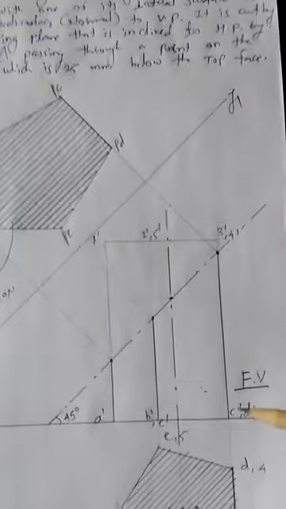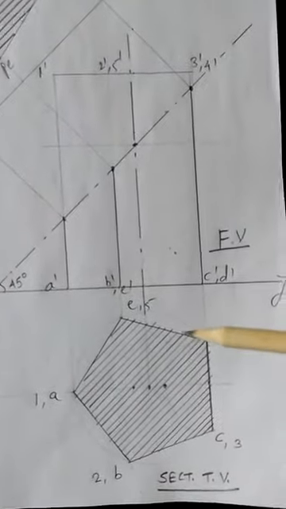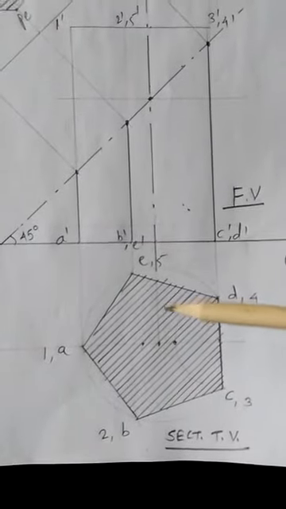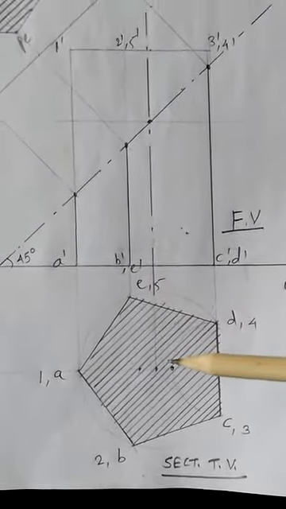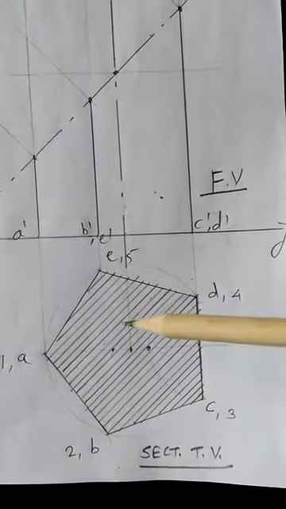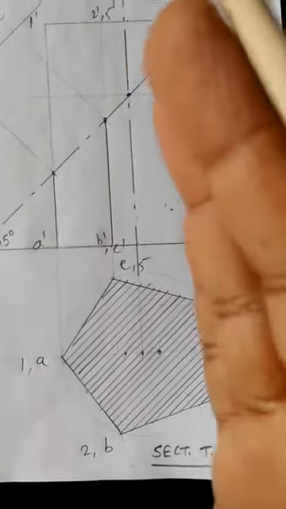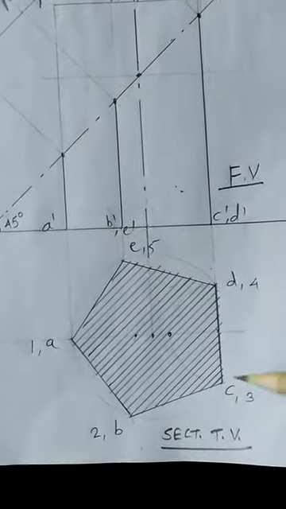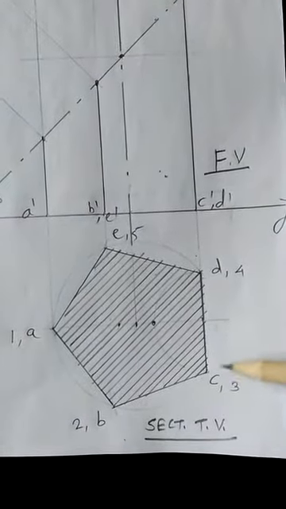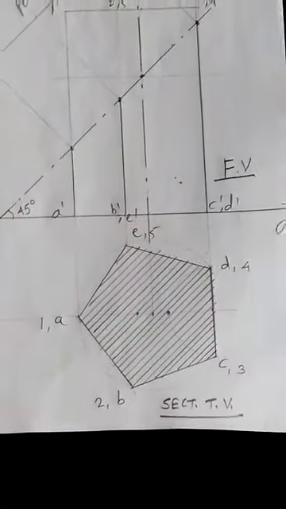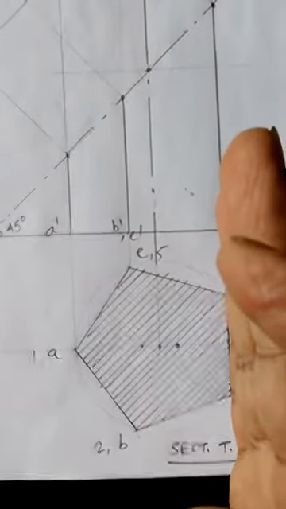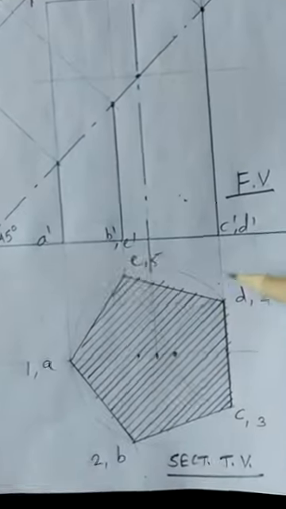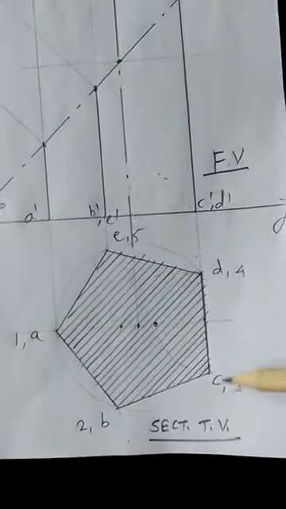As it is resting on its base on HP, on the horizontal plane we should construct its base, that is the true shape of the base, a regular pentagon, by taking into consideration that it is resting on its base on HP in such a way that one of its lateral surfaces, that is CD, is normal to the vertical plane. I have marked that lateral surface on my right hand. CD, 3-4, this is the vertical rectangular lateral surface. It is normal to the vertical plane, means perpendicular to the HRL. In this way we should construct the first line.